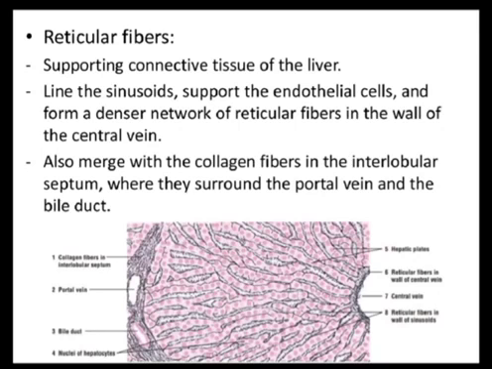Each hepatic lobule is shaped roughly like a polyhedral prism, measuring about 1 millimeter in width and 2 millimeters in length. The central structure of the lobule traversing its long axis is a central vein. So there is a central vein and there are radiating cords, and these radiating cords are actually radiating plates of hepatocytes. When we see it in a three-dimensional picture, you will find that these radiating cords are nothing but the plates of hepatocytes.